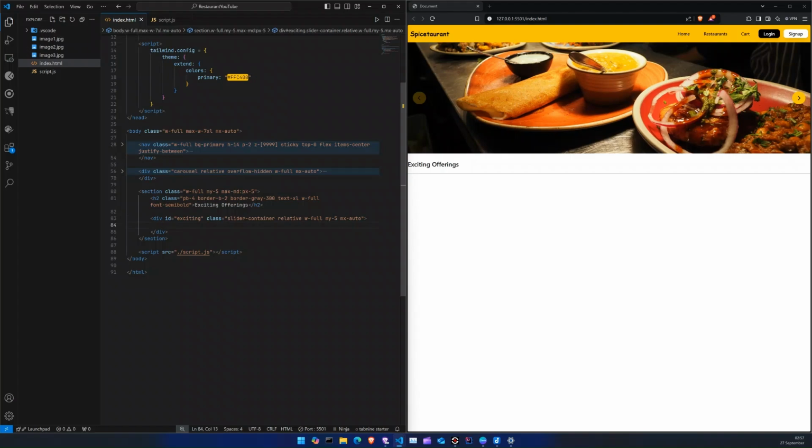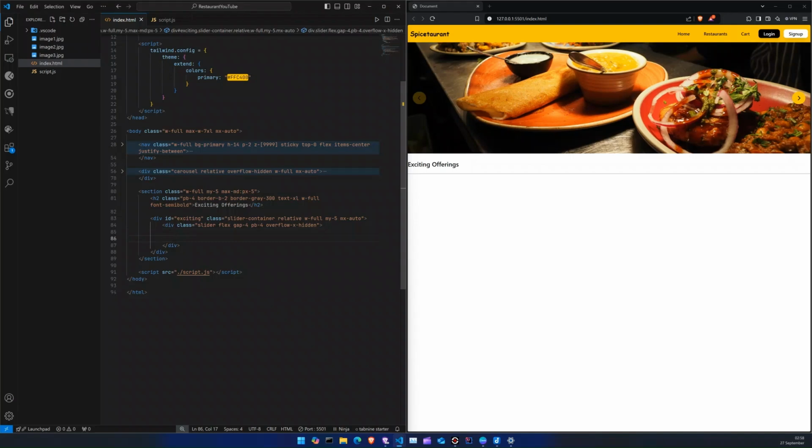Now I will add a slider, dot slider, and flex gap will be 4, heading bottom will be 4, overflow X will be hidden. Alright, and here I will add one card component as well. So we will be moving that card to the script, but before that I need to build that card. Okay,